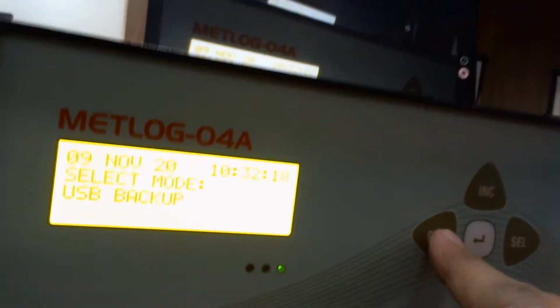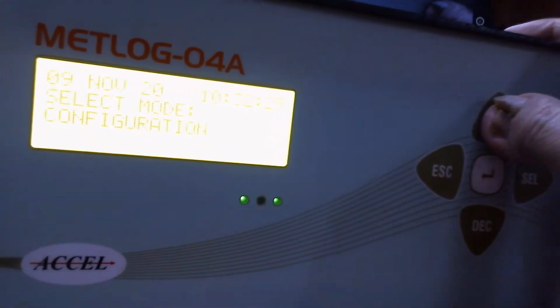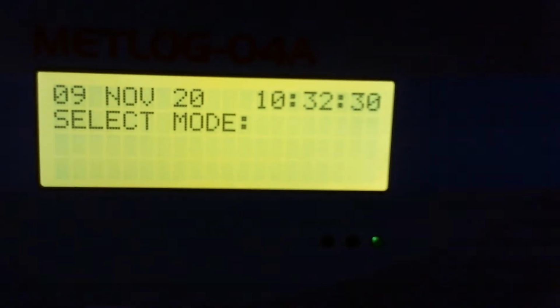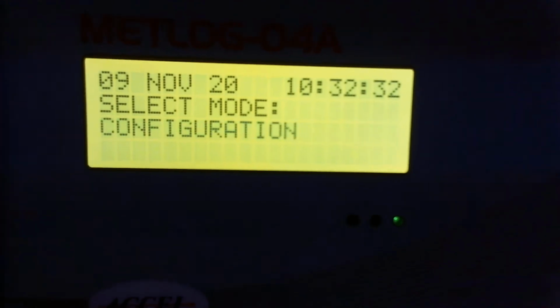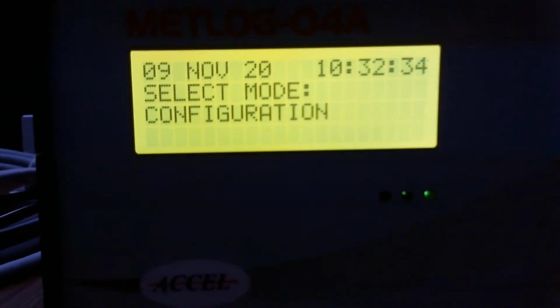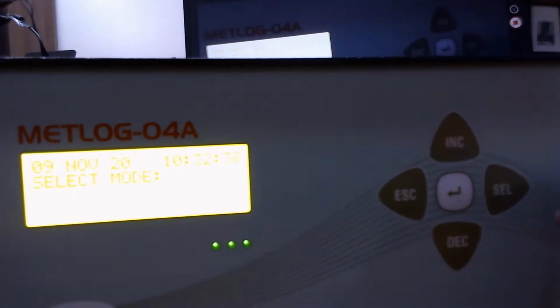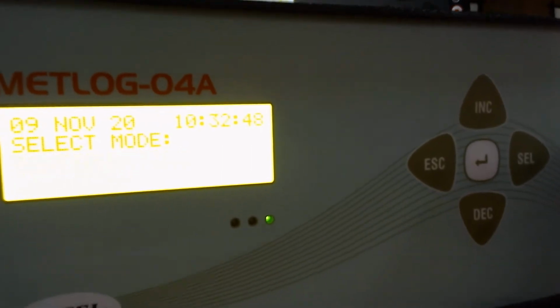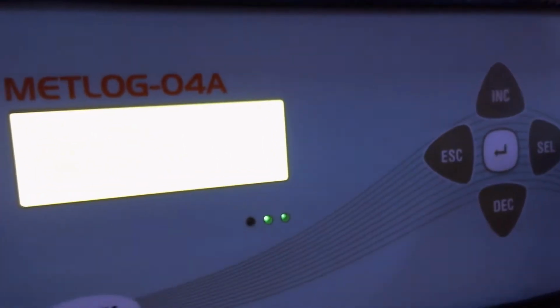So this USB backup mode we have seen now. Now we will see configuration mode. Next mode is configuration mode. This configuration mode and other modes like system configuration mode, IP settings mode, FTP settings mode, calibration settings mode, these are having password protection.